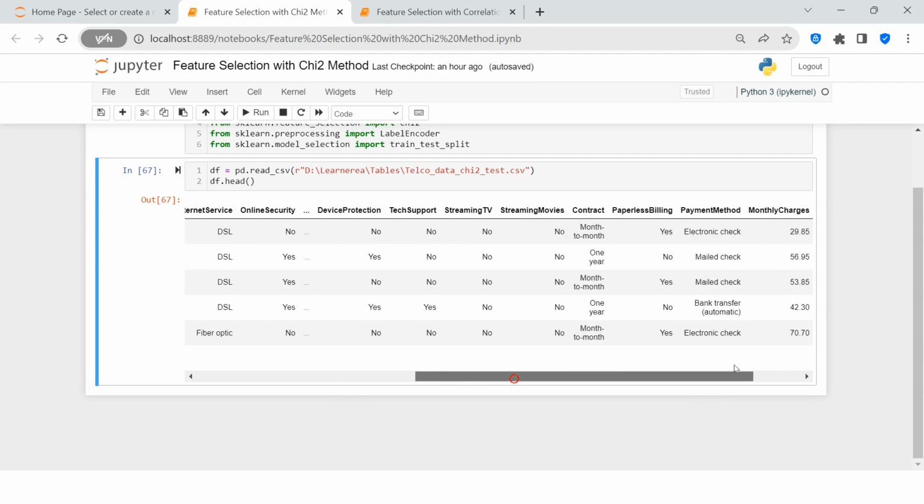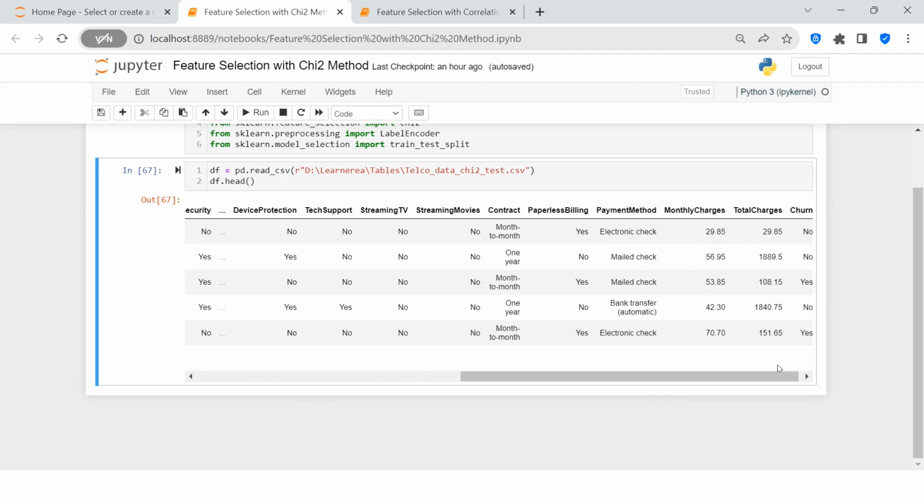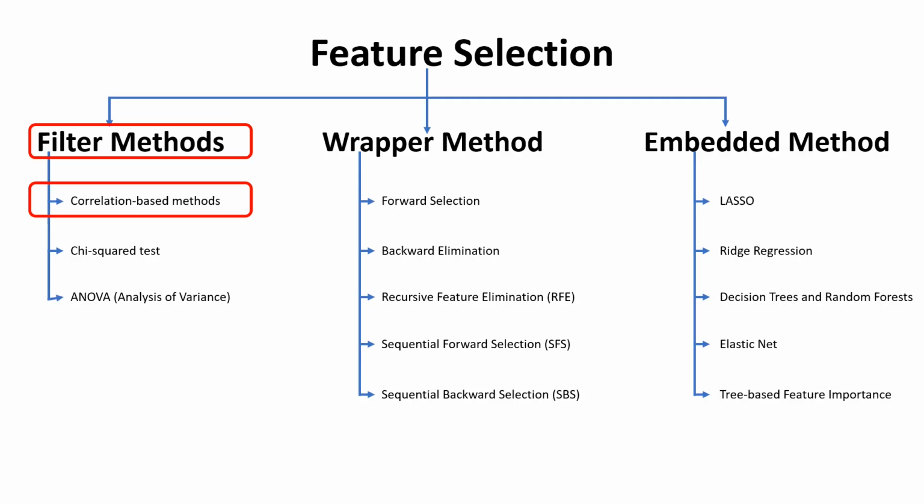Because what we saw previously was correlation, and that was useful for continuous features. So that's where we get the next technique, which is the chi-square test. Now this video I'm going to split in two parts. In the first part, I'm going to cover how you would calculate chi-square by hand or manually if you don't have